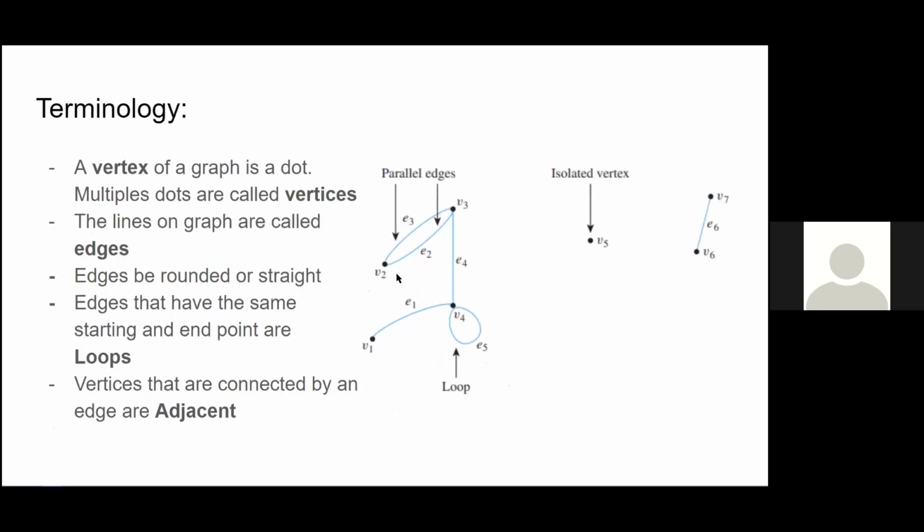So here's some terminology about a graph. The dots on the graph are vertexes, or vertices, actually. And the lines are edges. And edges can be round or straight. And if an edge has the same starting and end point, it's a loop. And 2 vertices that are connected by an edge are adjacent. So on the right, vertices 7 and 6 are adjacent to each other because they have the 6th edge